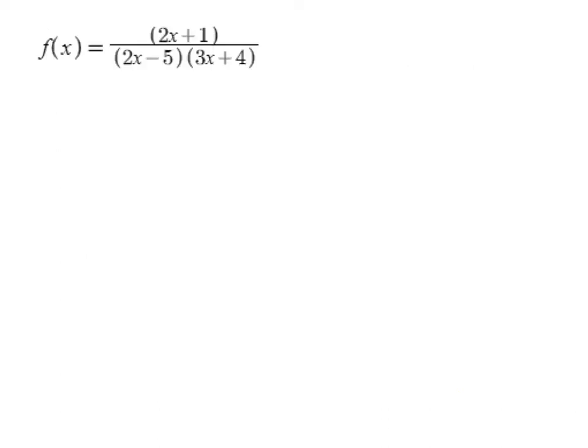So let's look at this and figure out the different asymptotes. Here we have a numerator function with degree 1 and a denominator function with degree 2. Since the numerator degree is less than the denominator degree, my horizontal asymptote is going to be the line y equals 0, and my vertical